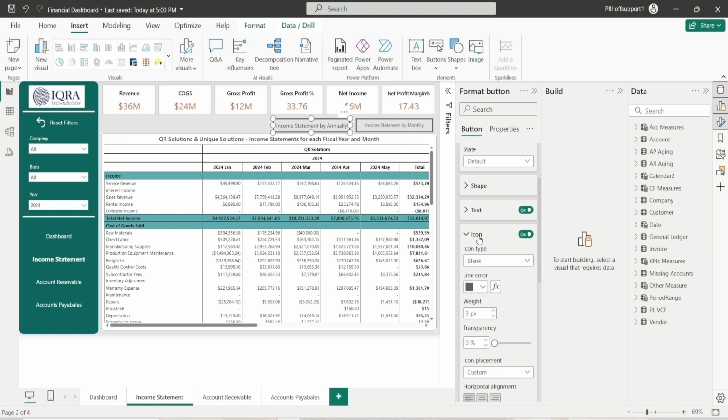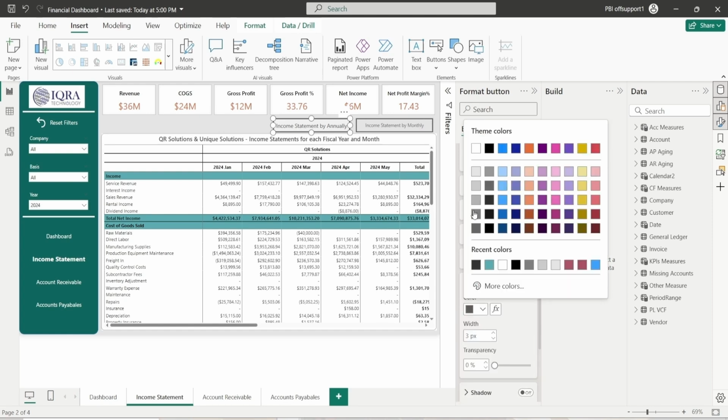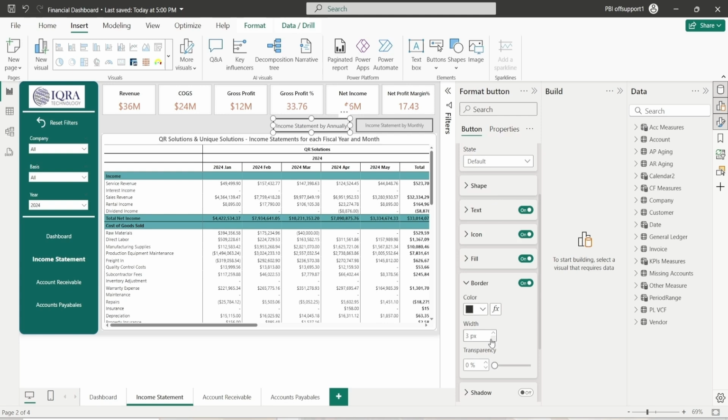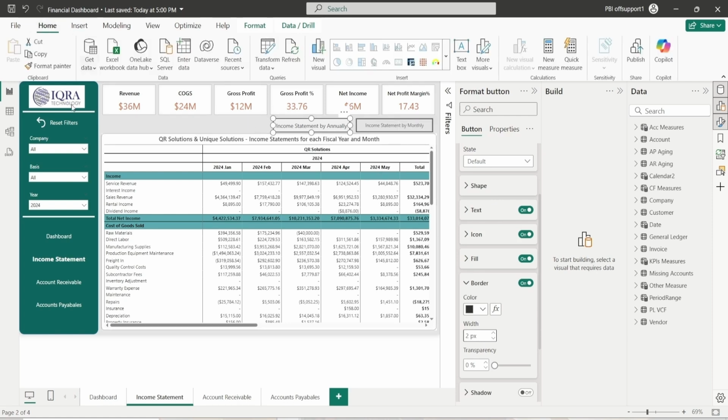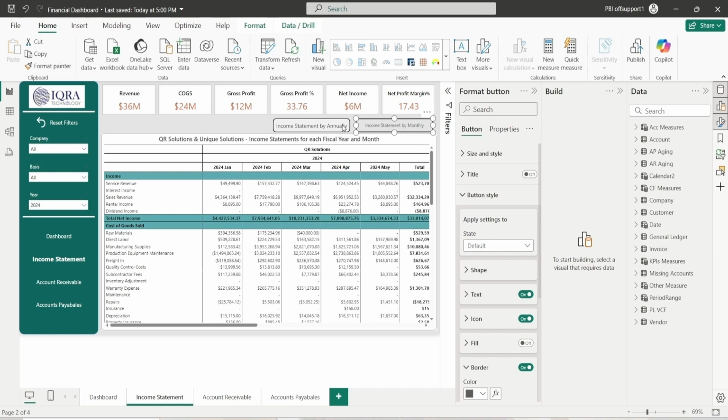After that you can also give the background color, and also give border color. For the width, I want to decrease it, 2 is sufficient. So just copy,